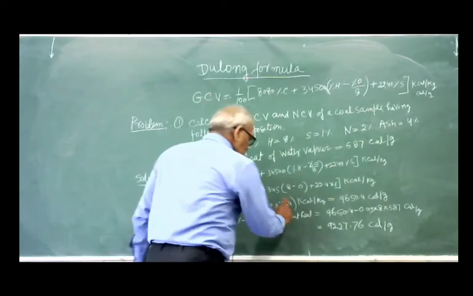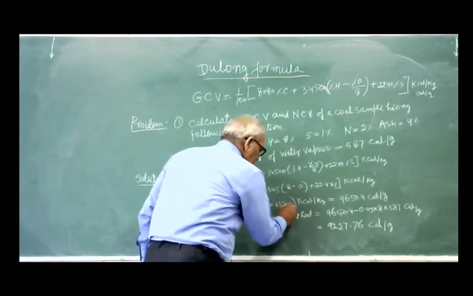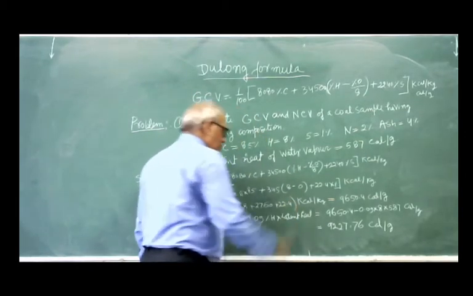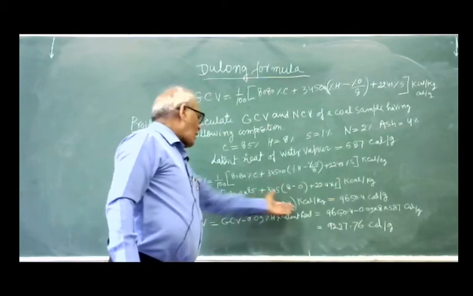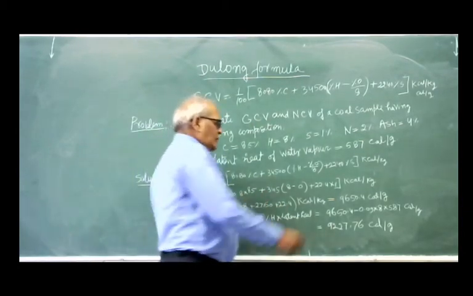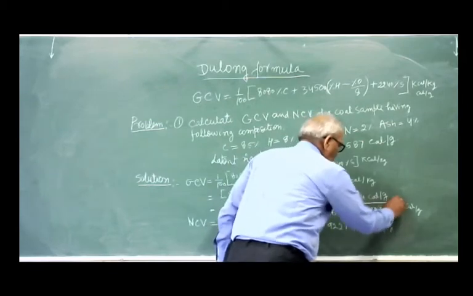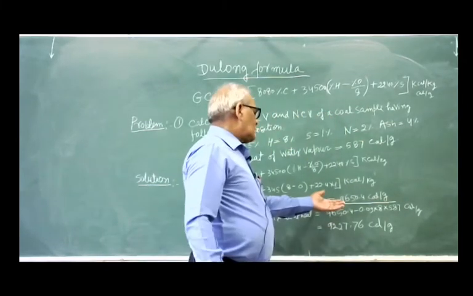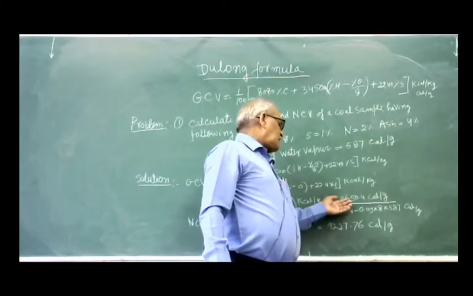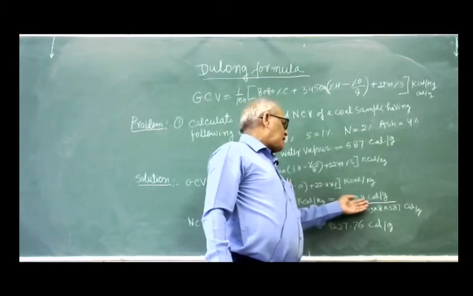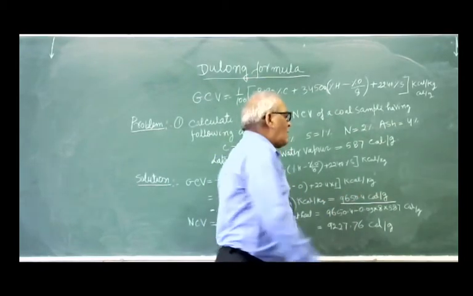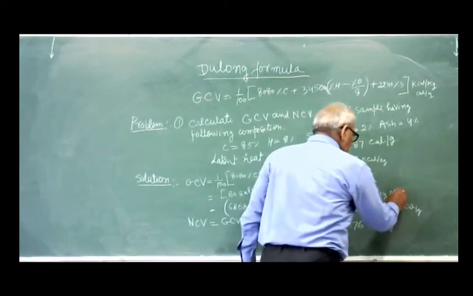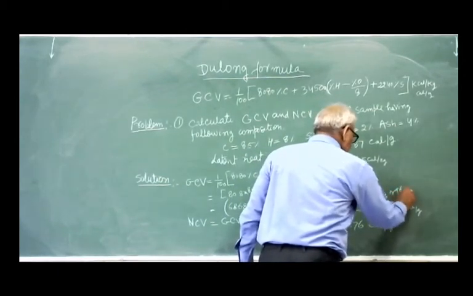So it is the 22.4. So add all these values, you will get this much. You can write 9650.4 calorie per gram, or you can say 9650.4